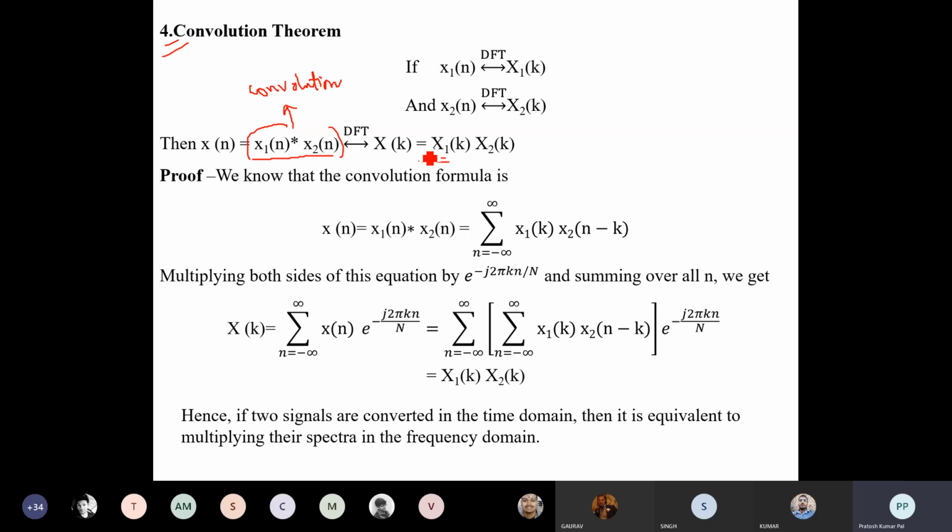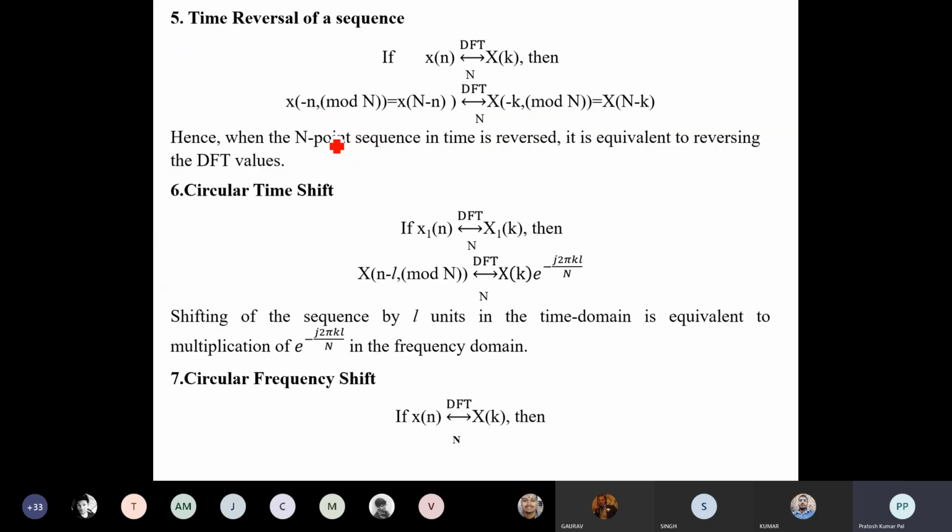This is just the derivation of how this formula is coming, but the same formula is there. We will see the convolution later in this course also, so we will skip it. Just remember the formula, the property that we should know. दो सिग्नल हैं, उन दोनों का कन्वोल्यूशन फाइंड आउट करना है, तो उस कन्वोल्यूशन का जो DFT होगा, that will be the individual DFT multiplication. So x1 of k's DFT will be multiplied with x2 of k's DFT, that will be the DFT of these convolved signals, x1 of n and x2 of n.